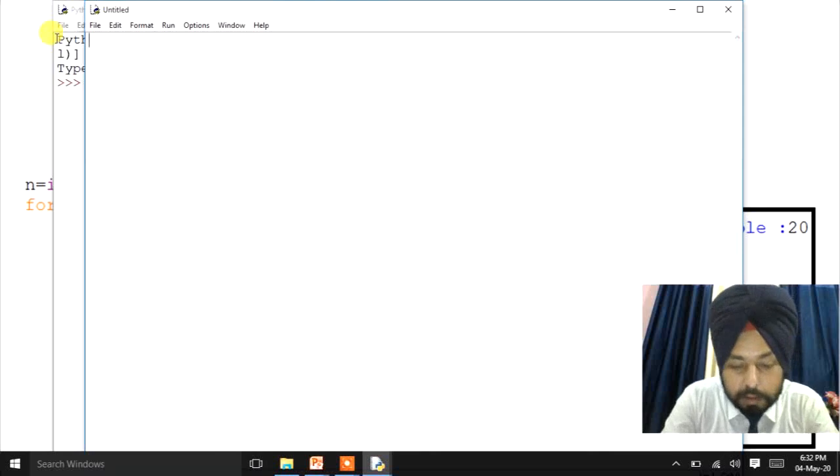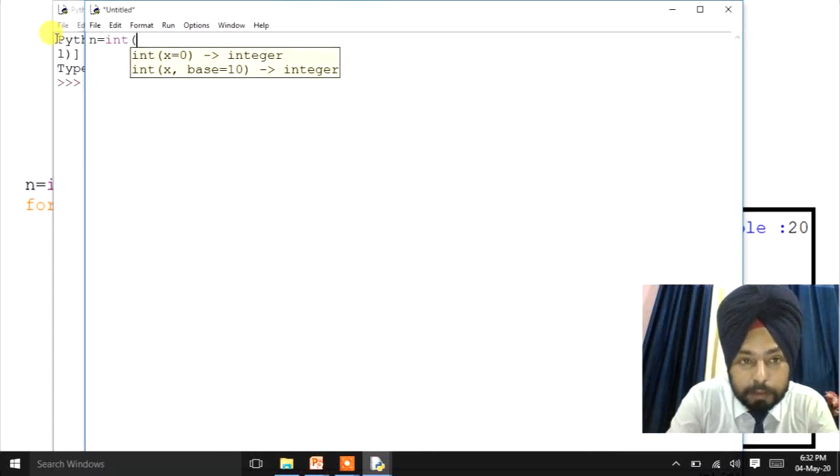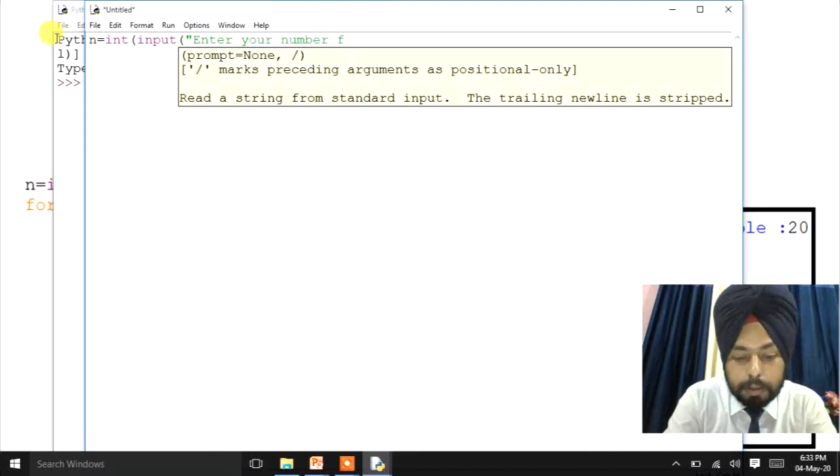For that we'll use n equals integer, then the input function. We are using the input function here because we can enter any value and it will print the table of the value entered by the user. Then the prompt: enter your number for table.